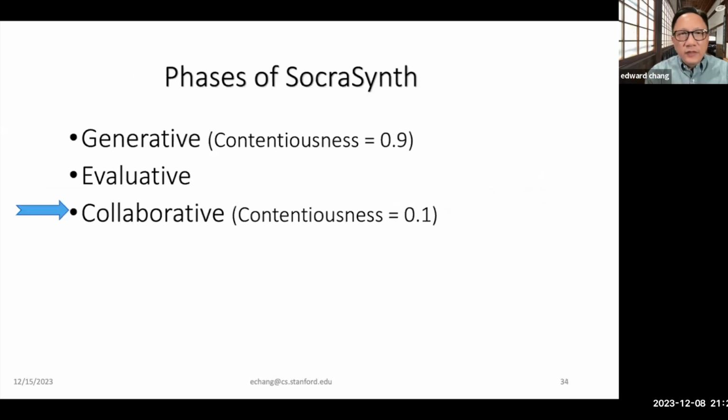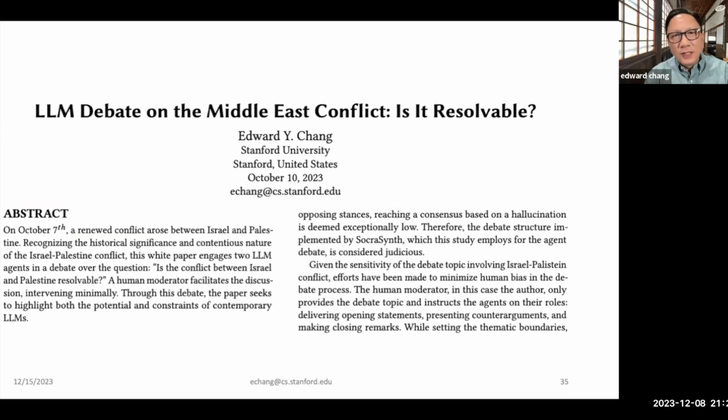So at the end of a very heated debate, like this one, which was a paper I published but later took down because of some controversy in the department, and this paper was wonderful. At the end, I said, don't just be contentious saying yes or no. Do you have any proposals for the UN to resolve the situation in the Middle East? I think the resolution at the end, the proposals, are quite moving. So I just released this paper again after a month of self-censorship. If you're interested, you can take a look.